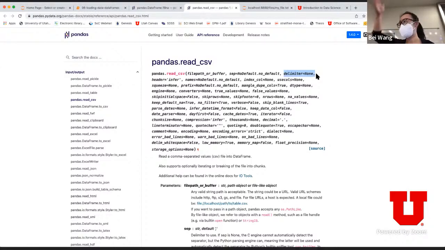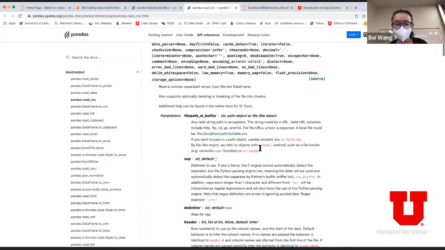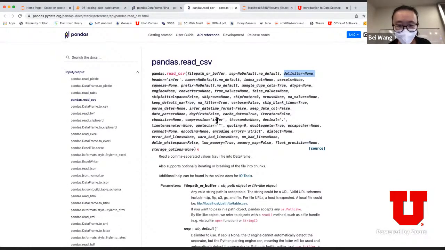For example, sometimes it's a bar, people like to use a bar. You can use a bar to separate it, and so on and so forth. I think there must be at least 25, or maybe actually 1, 2, 3, 4. Yeah, I would say 30, maybe. That's a good estimation of parameters. So if you have a non-standard CSV file, you can use some of those options to parse it, okay?